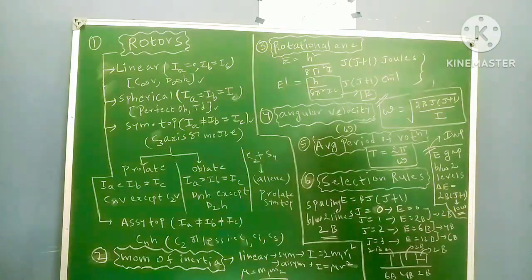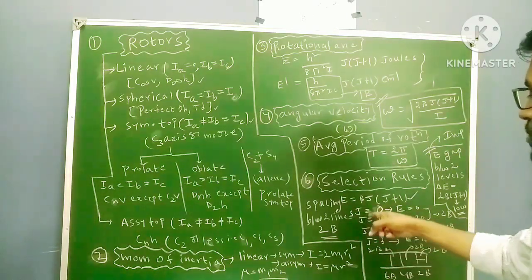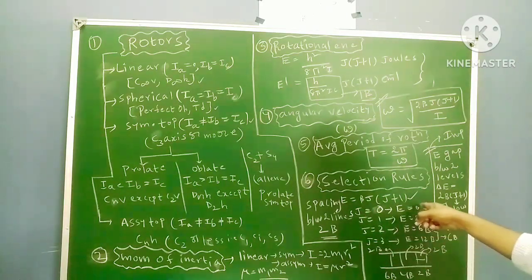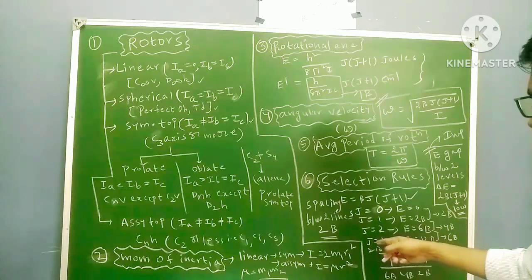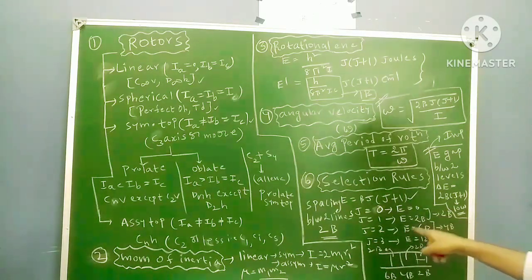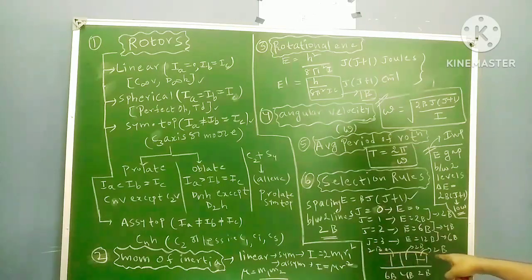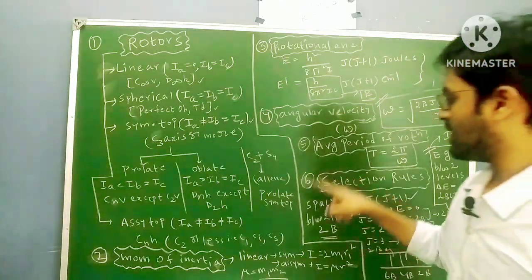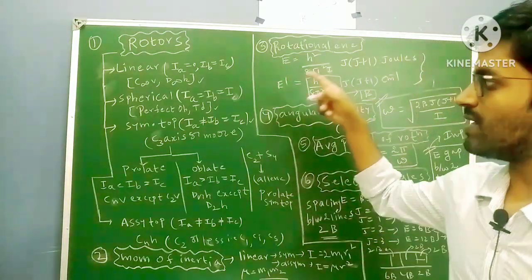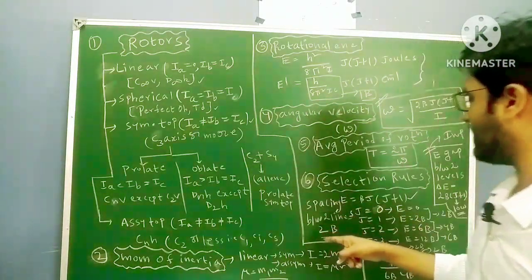Next one is selection rules. Selection rules are very, very important. You have this formula E equals B J into J plus 1. If you put J value as 0 in this formula, then you will get energy as 0. If you put J equal to 1, energy is 2B. If you put J equal to 2, energy is 6B. J equal to 3, energy 12B. So the differences between these energies, 0 and 2B, 2B and 6B, 6B and 12B: if you take these levels and see the difference, the spacing is 2B. That means the spacing between the two lines is 2B in rotational spectroscopy. So we are talking about rotational spectroscopy first.